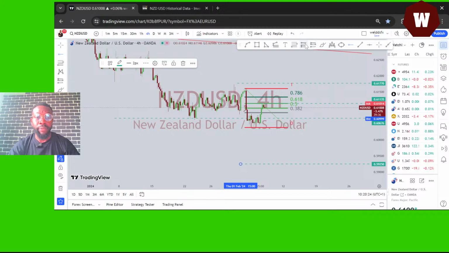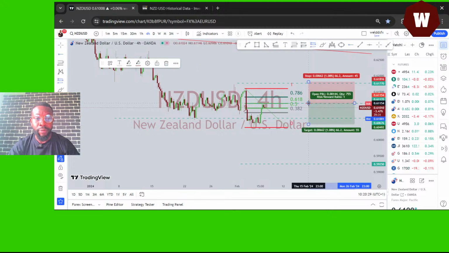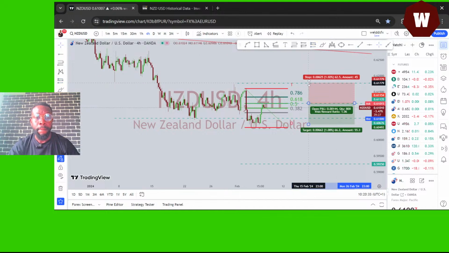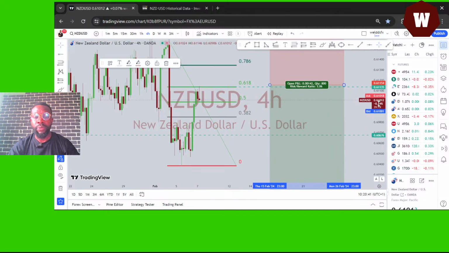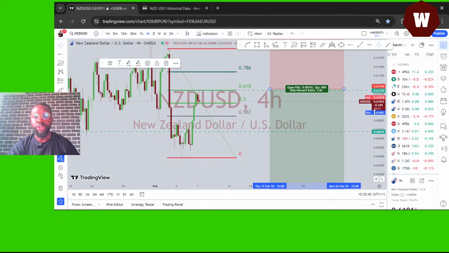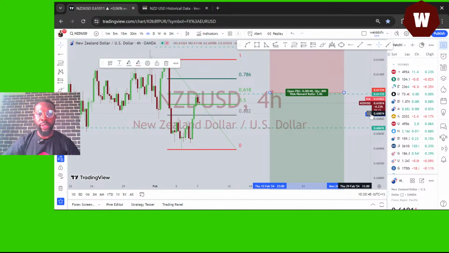Yeah, so you have it there. This is what I mean from here. This is now our stop loss, while here is our take profit. So those are the parameters for NZDUSD. It's a sell. Entry point